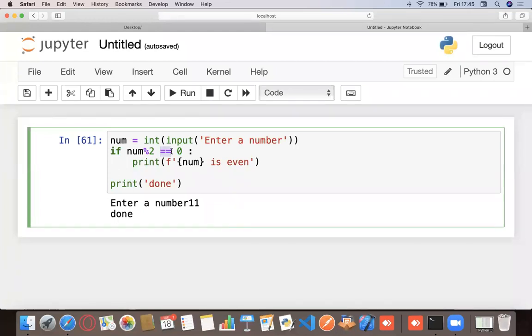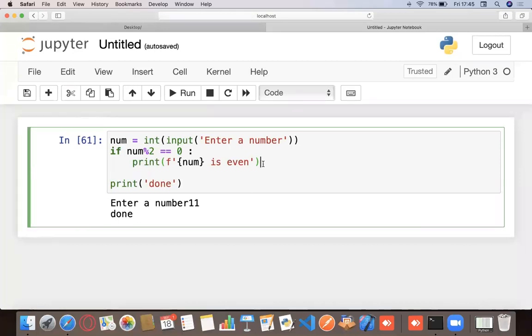So now, is 0 equal to 0? This is the comparison operator. If it's equal to 0, anything that is inside the if block will be executed. If the condition is true, then anything inside the if block is executed. Now, how do you know that something is inside this if block?